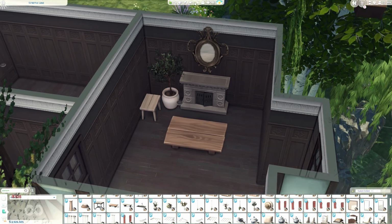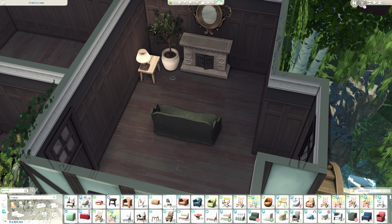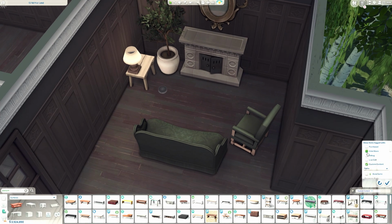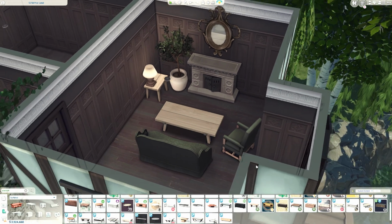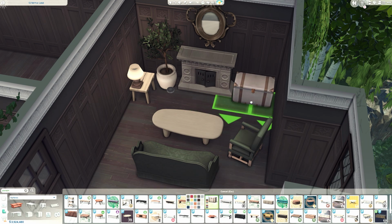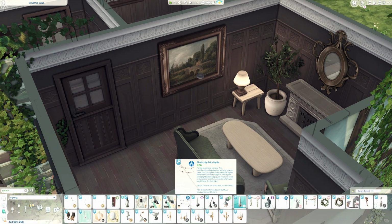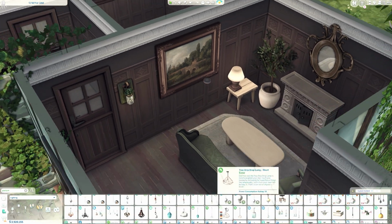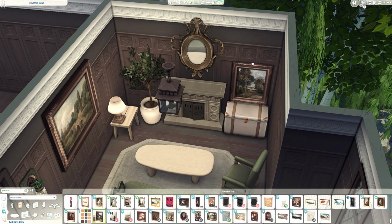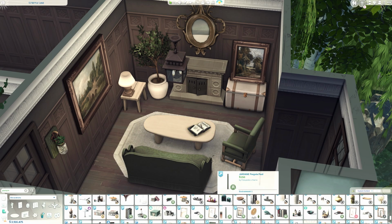It's a new pack from him, and right now it's available only for early access, but it's going to be free after some time, like all of his other custom content. Oh my god, it's Winter Garden. Yeah, I think that's its name. And also in here I use this little table on my left side, and that plant, and also this light, and all of these items are from that new